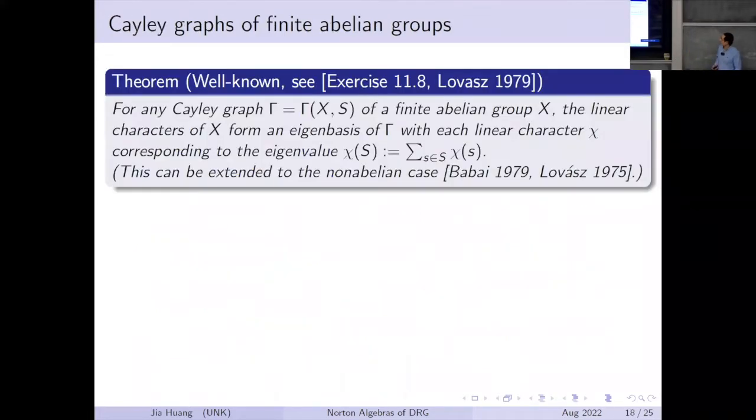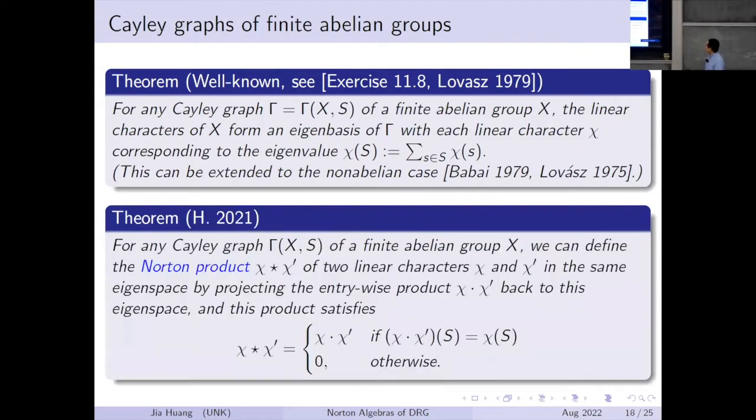And it turns out that for this Cayley graph, we can actually find a nice eigenbasis, and the elements there are actually the linear characters of the underlying group when the group is abelian. And there are of course extensions to the non-abelian cases, but let's focus on the abelian case here. And we can apply this idea to the distance regular graphs. If this turns out to be also a Cayley graph of an abelian group,